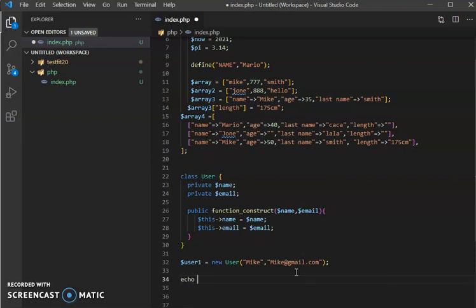So we need the user1, and we need the name of this user. Actually, in this way we can